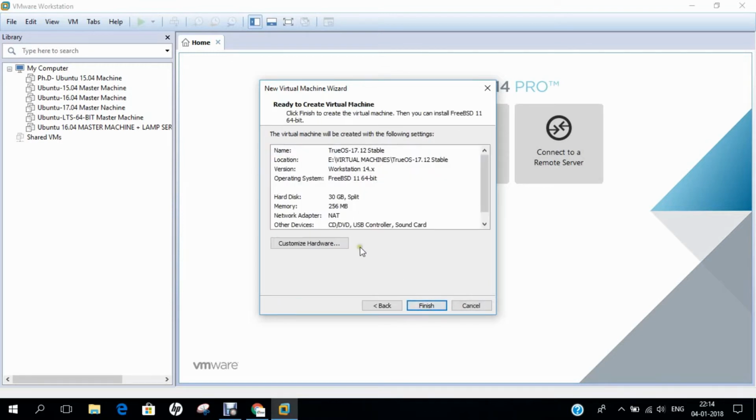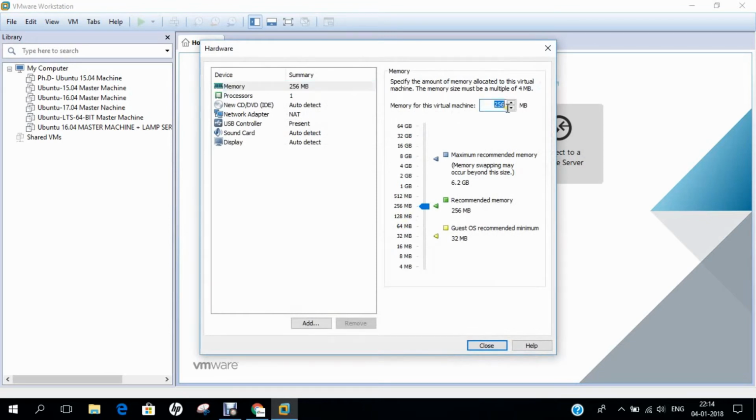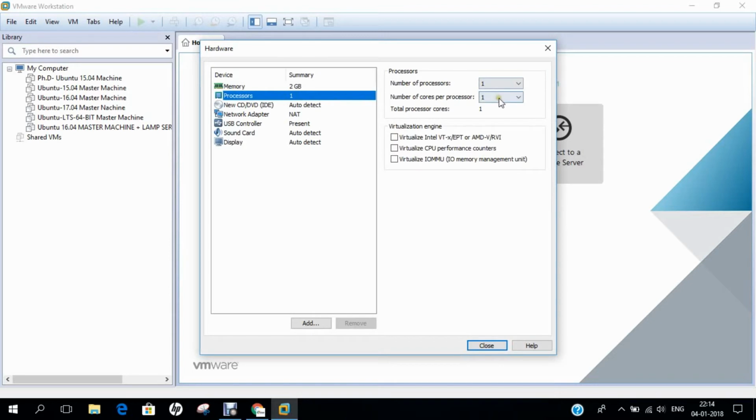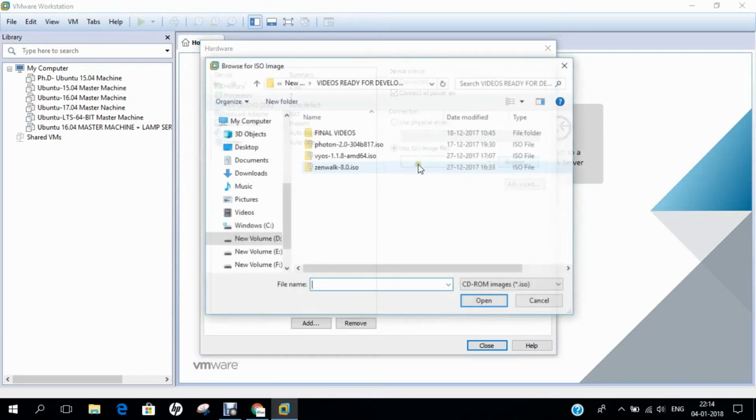So click on next, and now let us click on customize hardware. So let us go to the memory and let us allocate 2 GB of RAM to this, and let's go to processors. So let us increase the core by 2, and you can even virtualize Intel VT or virtualize CPU performance counters, whatever you want. So let's click on new CD and let's click on ISO image, let's click on browse, and